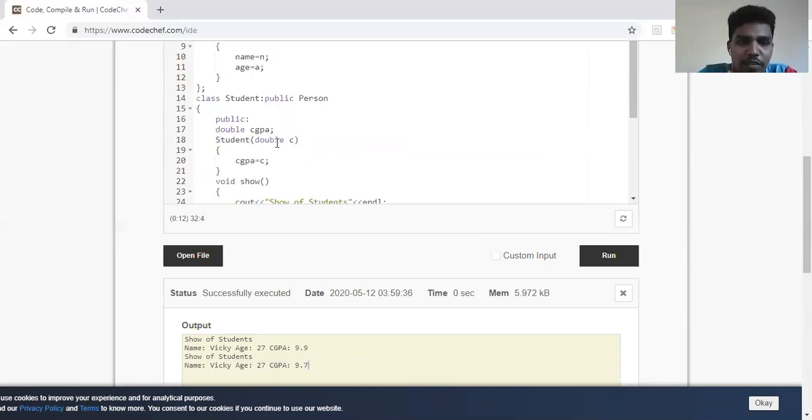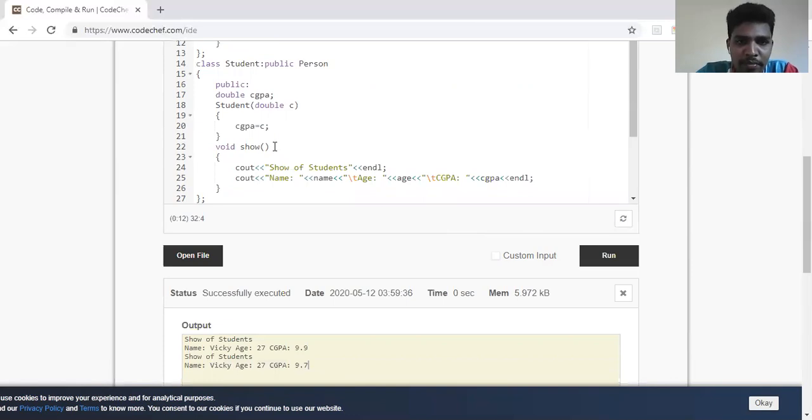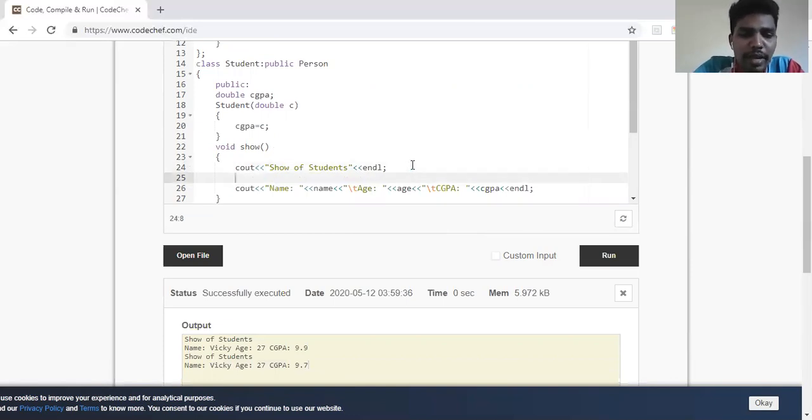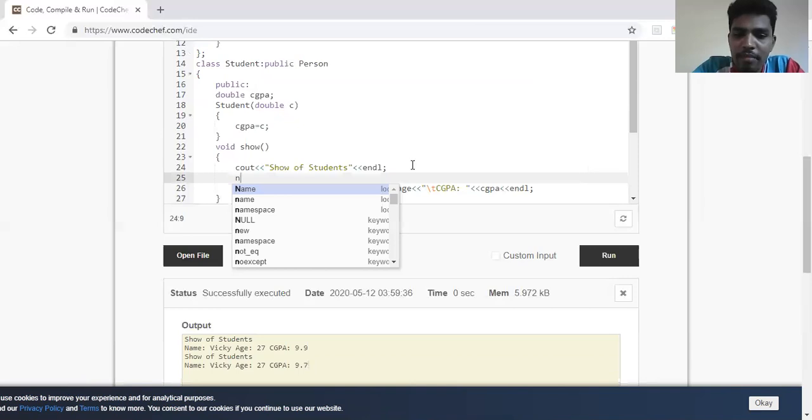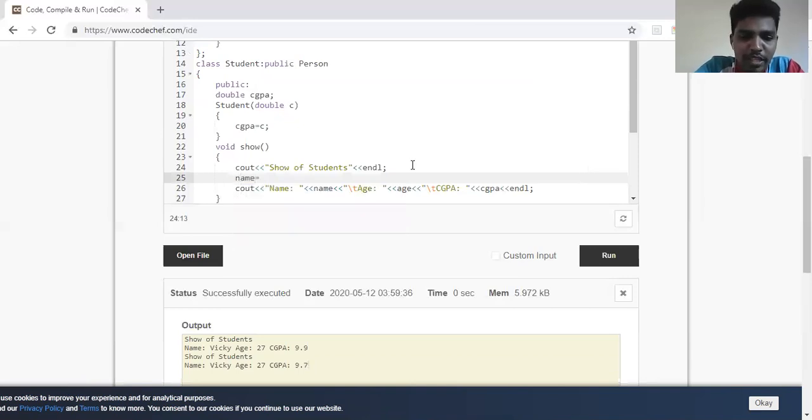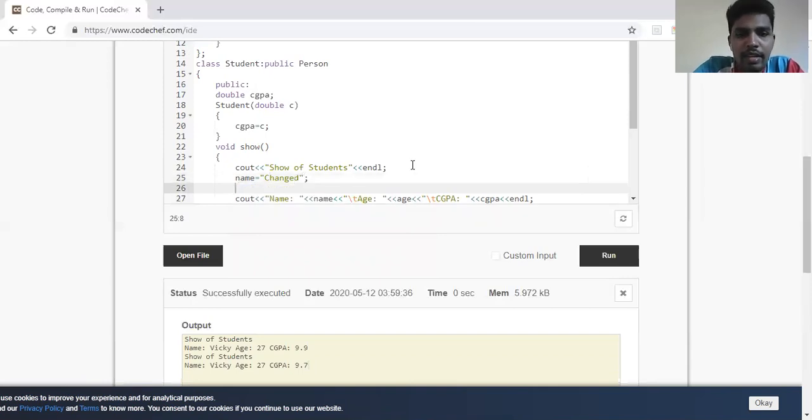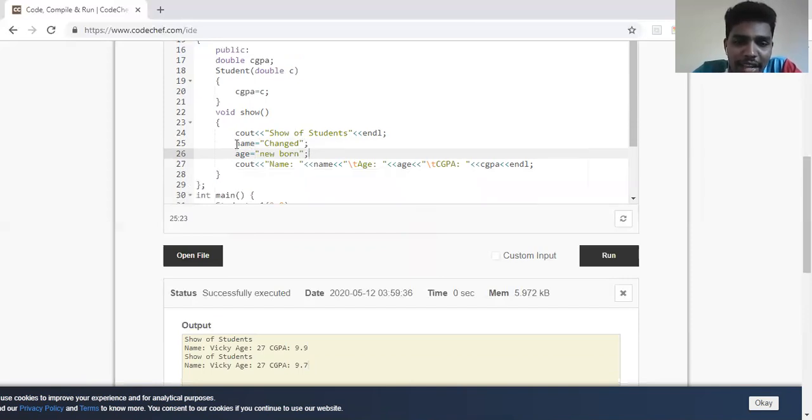For example, if you see here, void show is there. So before printing, inside show, I can actually make name equal to "changed", right? And then age equal to "newborn", I'll write, so that we'll understand that it is changed inside the student. So I'm changing the name and age inside student.